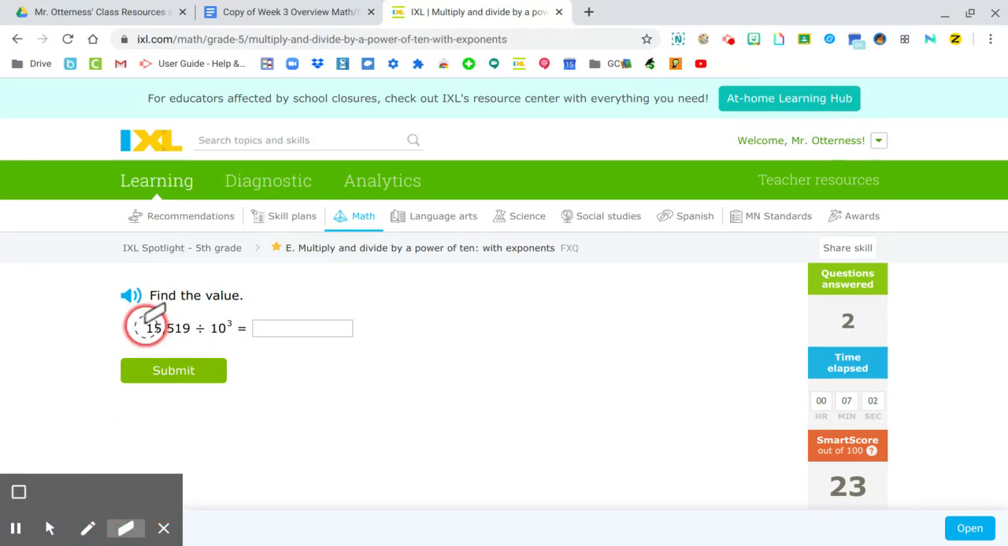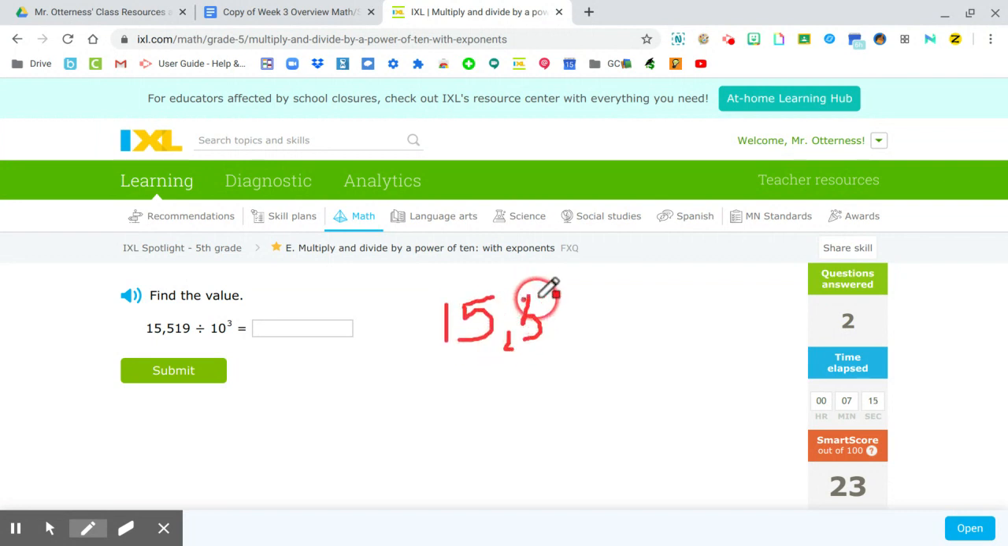All right, again, let's unpack this. 10 to the third power is, that's right, 1,000. So we're dividing 15,519 by 1,000, or as our little trick goes, swooping 3 times. 1, 2, 3. Boom. We are left with